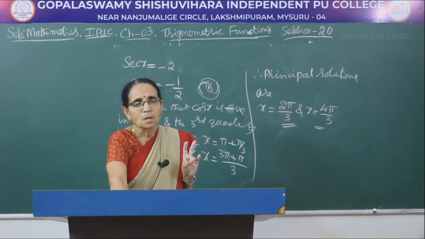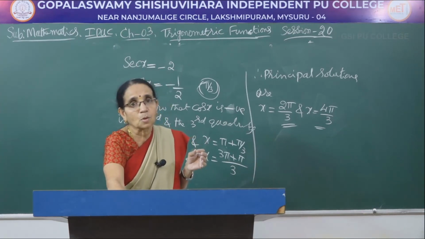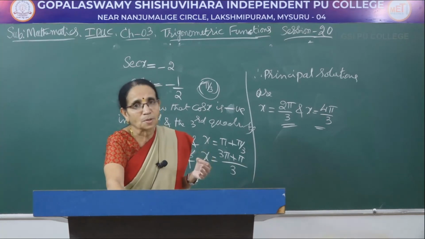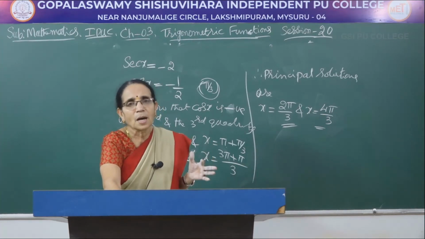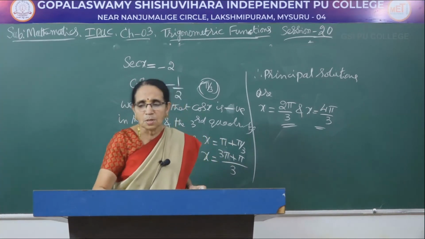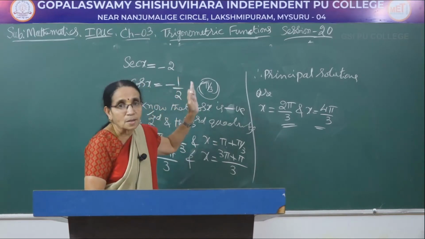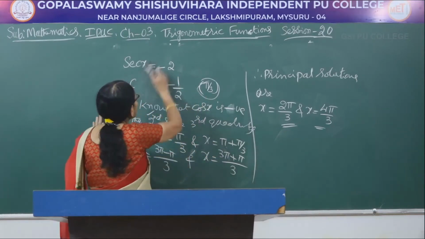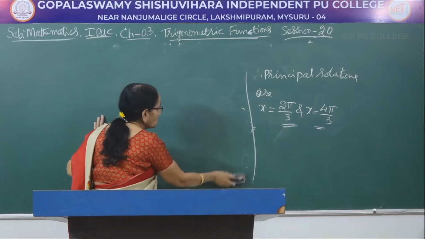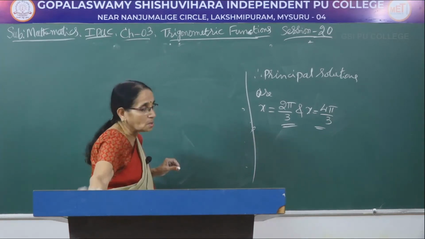So, the only equations are sin x equal to plus 1 or sin x equal to minus 1, and cos x equal to minus 1, or cos x equal to 0. If you take cos x equal to plus 1, you will have only one solution. Other equations will have two solutions, depending upon the value that has been given, negative or positive.